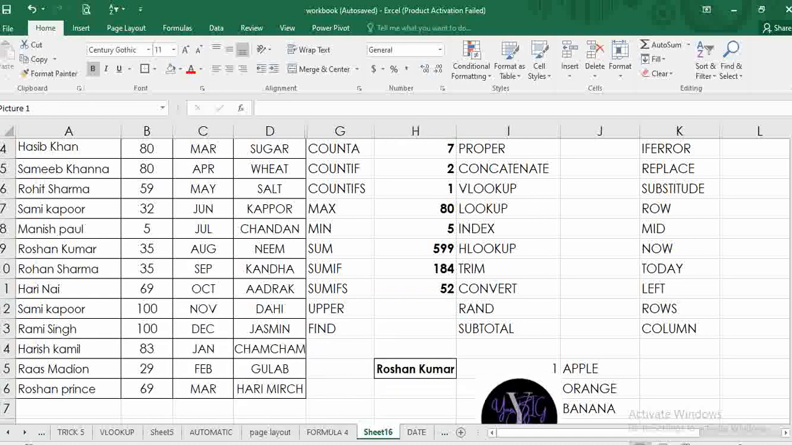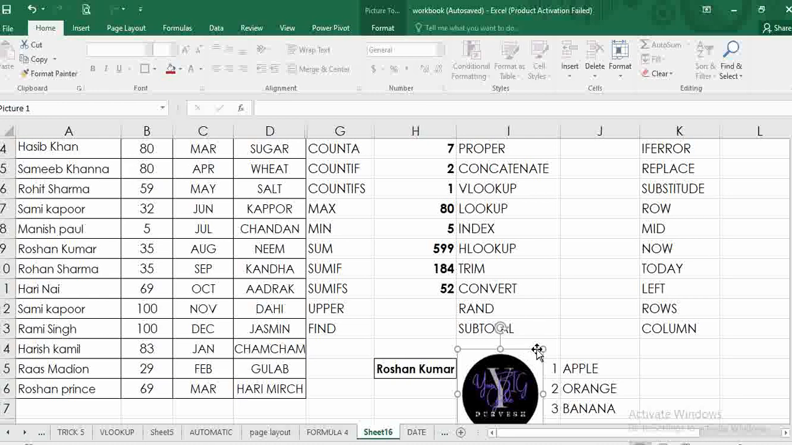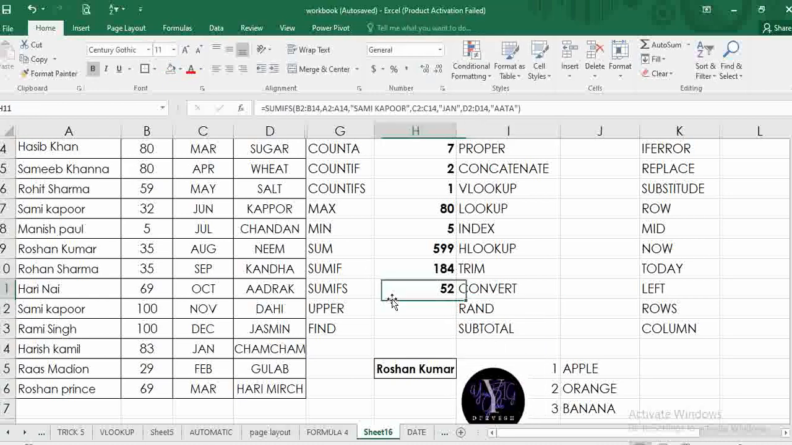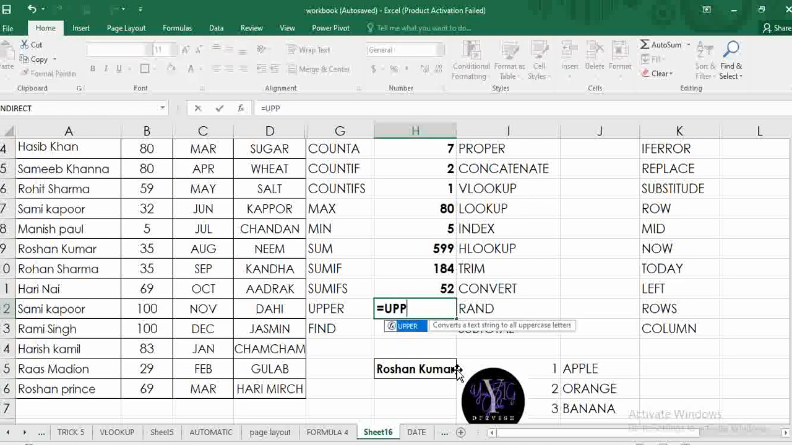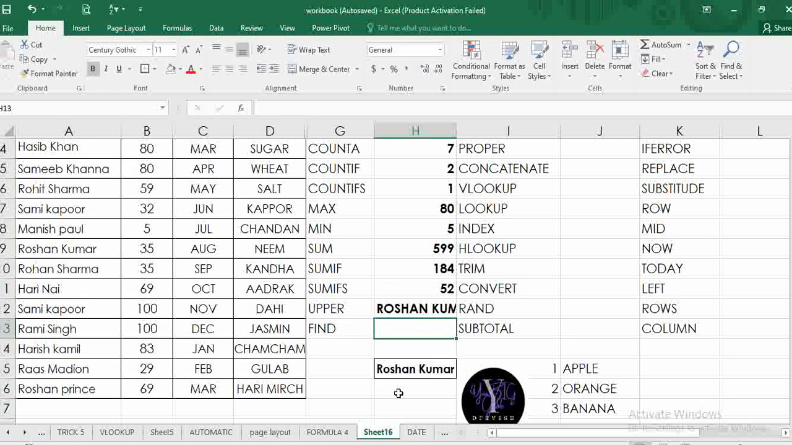Now the next function we will talk about. So we have upper. Okay, this is to change text format. If your text is in lower format, you can change it to upper. For upper, you can select any simple example. If I want to select this and close the bracket, it will change to upper format, Roshan Kumar,